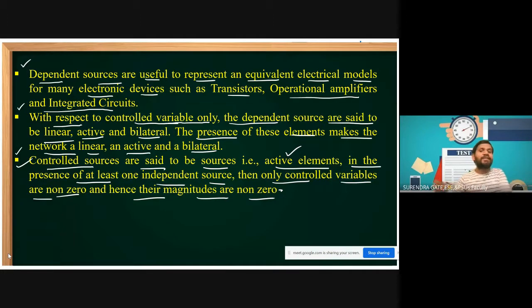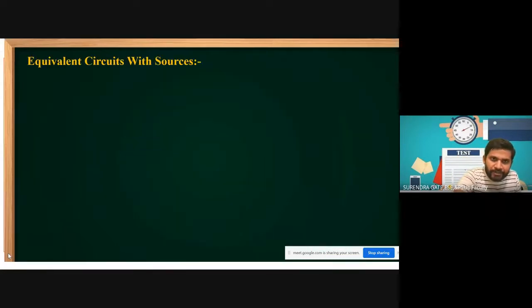But I want to extend this concept. That is very important in solving questions in competitive exams. What are the equivalent circuits with respect to sources? Very important observations, friends. Different equivalent circuits that I want to explain here, very useful to solve different models of questions for any competitive exam. This is a 5-star topic.